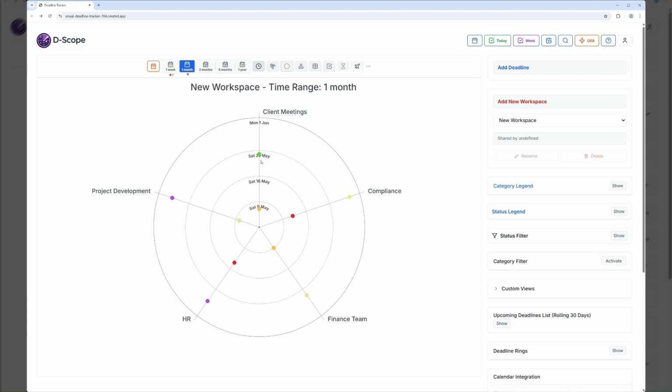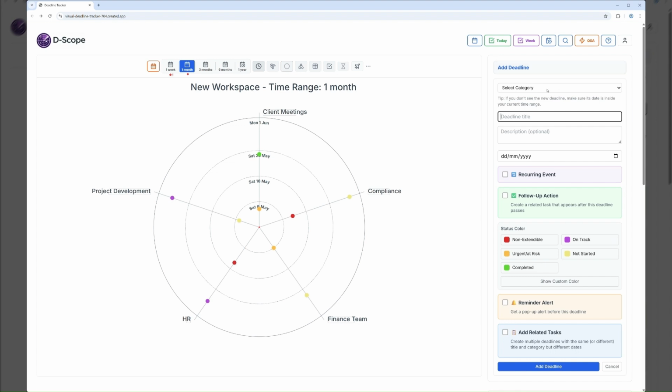For the sake of time, I've already added some deadlines here and assigned them statuses. As you can see, I have my various categories and deadlines and the statuses for each one of those. Now, one thing you'll notice is that the categories are listed for deadlines falling within this time range, which is currently set to 1 month. Now, keep that in mind as we go ahead and add a brand new deadline falling within a category that's